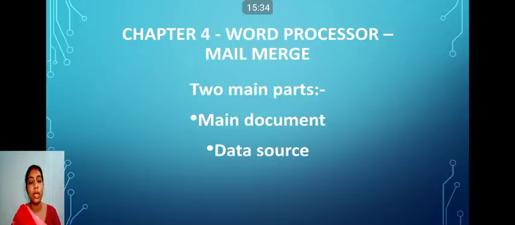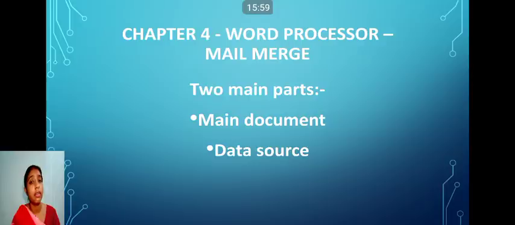Now how to merge? I'm going to show you. Before starting the mail merge, the very first step is to create the main document. In the main document you can show your creativity. The more creative you are, the more designed and beautiful the main document will be.